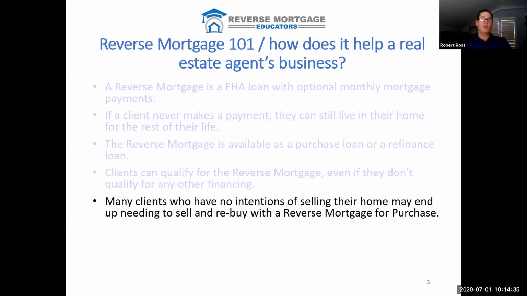Now, this is an interesting bullet here. What we're starting to see with the clients that we're working with that have been referred to us by real estate agents is that initially, when the real estate agent met the customer, they had no intentions of really selling their home. In other words, maybe they were interested in a reverse mortgage. Maybe they were just interested in looking at different options or possibly selling, right? Well, what we're seeing is that